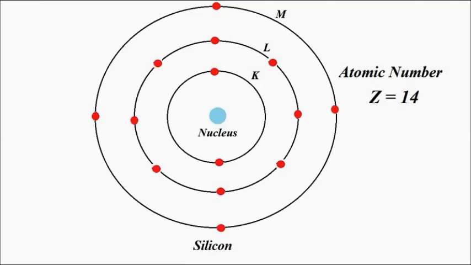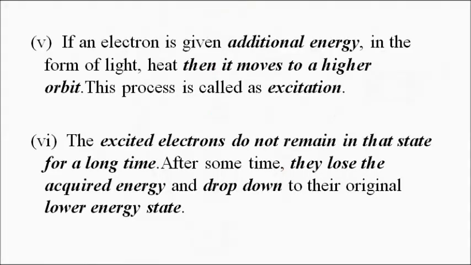We'll go into detail about these orbits and all those things later, but for now take this example. All these electrons have certain fixed radius orbits associated with them, and each electron revolving in a particular orbit has a certain fixed amount of energy associated with it. So it will never be attracted towards the nucleus and spiral into it, getting the electron and proton pair annihilated. That explained the stability of the atom according to Bohr's theory.